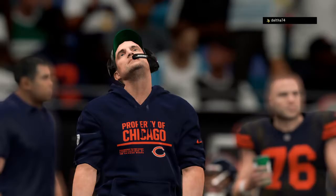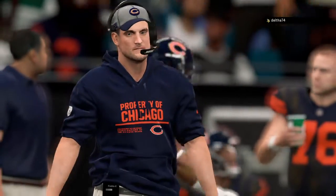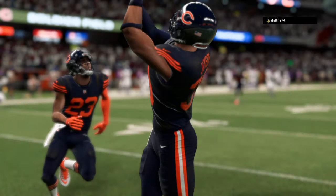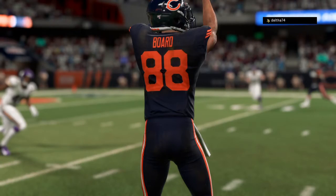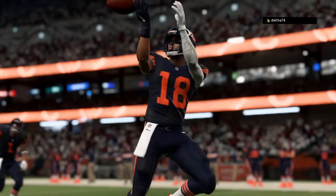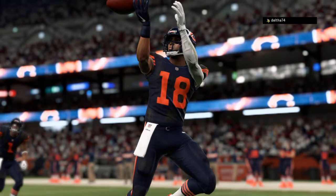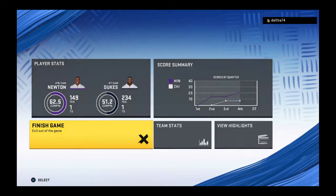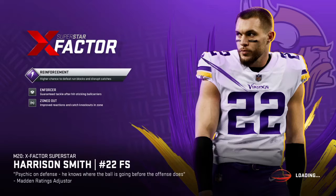So the final seconds have ticked away in this Minnesota victory, and they were really helped by their defense, forcing 3 turnovers. I think what we saw in this one, today's defense. And what I mean by that is in the old days, pitching shutouts was big time. That was paramount. But the big thing was holding people down, holding down their yardage, right? Don't let them throw the ball through the air and gain a lot. But now, it's about taking the ball away. Taking away possessions, getting the ball back for their offense. They had